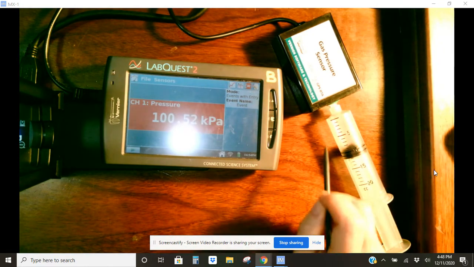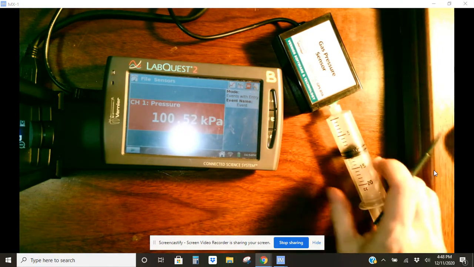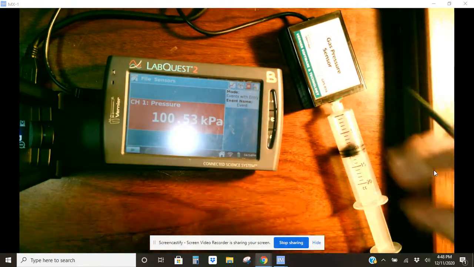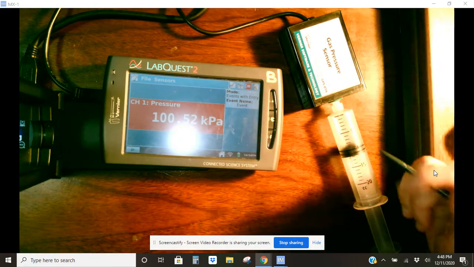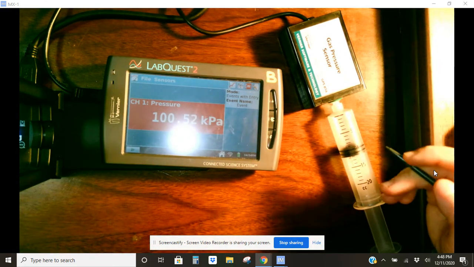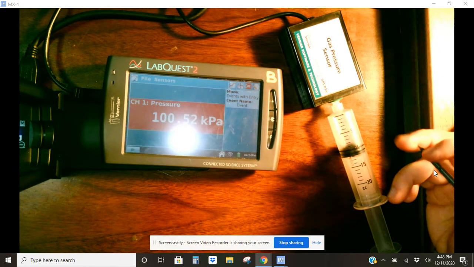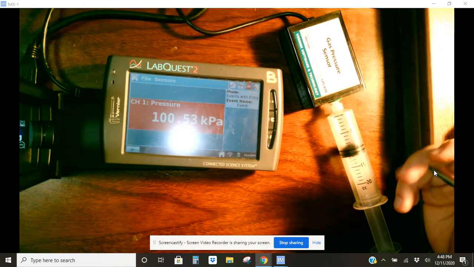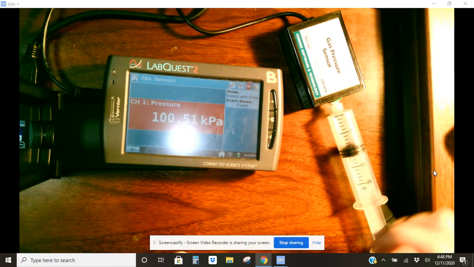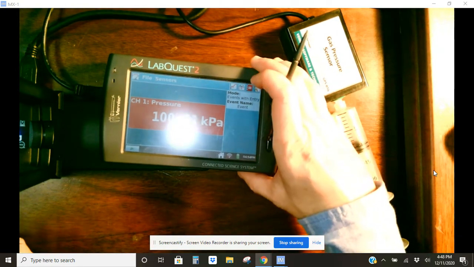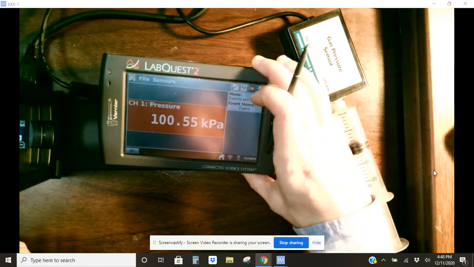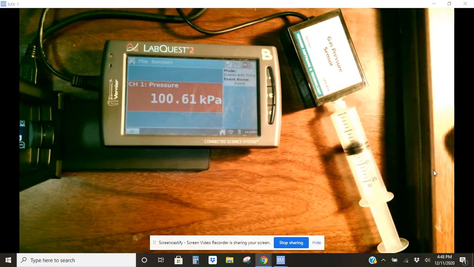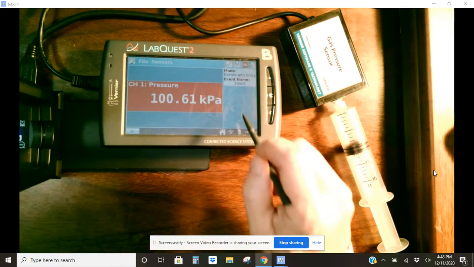This is a syringe that has air inside of it, and it has been attached to the pressure sensor so that the air is trapped inside. It can't get in or out. And so the number of molecules of air, or you could argue the number of moles of gas, or even the mass of the gas inside is being held constant. It's not going to change because it's trapped inside. It is hooked up to a sensor, a LabQuest 2, that is going to allow us to measure the pressure inside of the